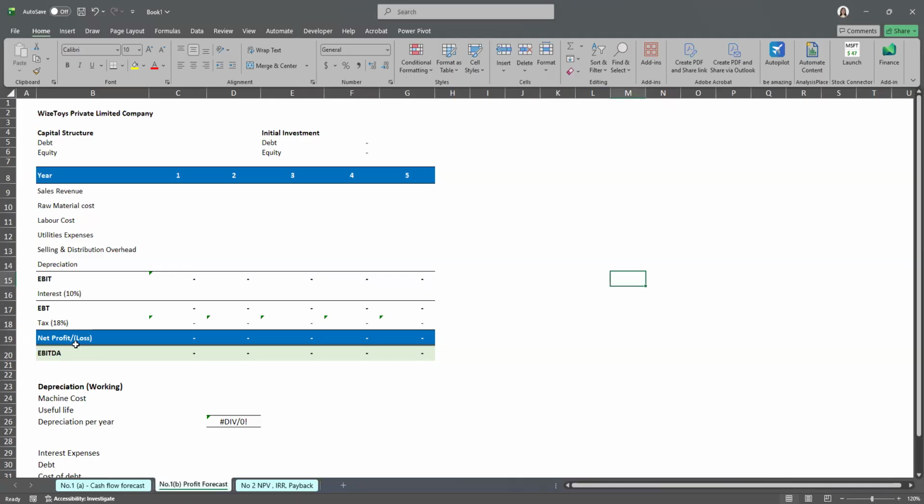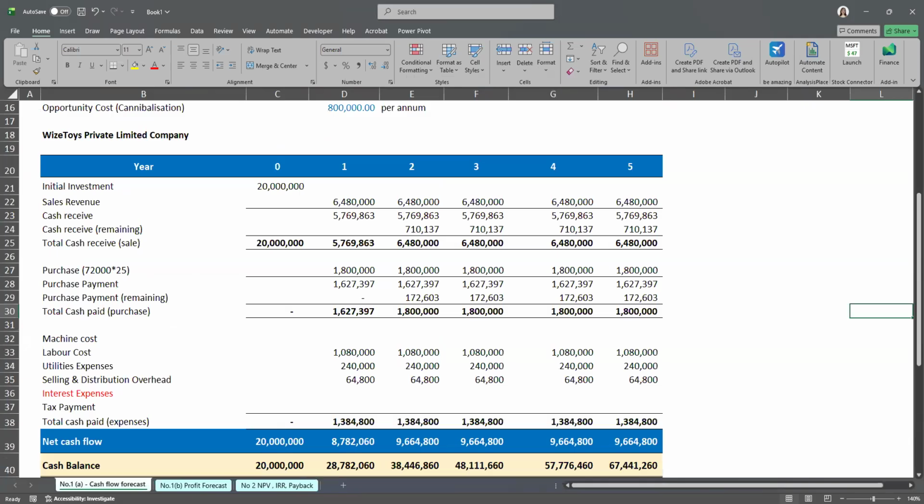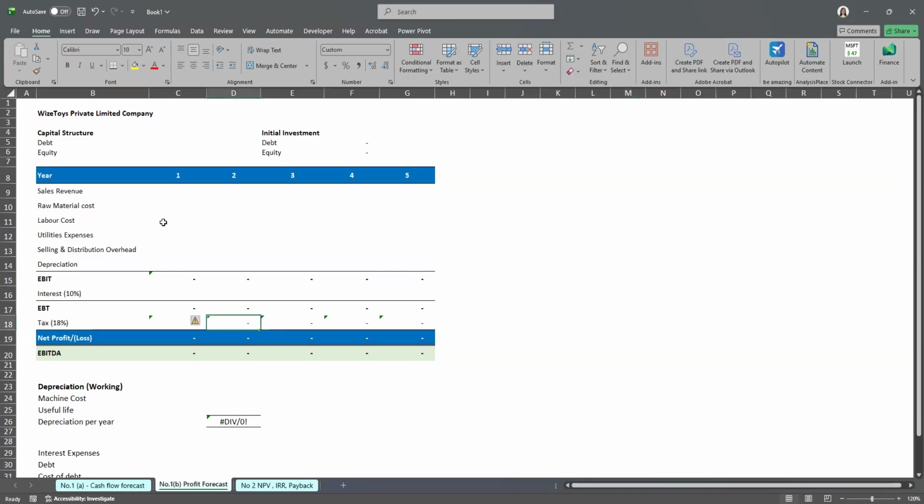I will continue with Excel calculations. I will be sharing about profit forecast, how to do the profit forecast for Wise Toys Private Limited. We have done the cash flow forecast. Now we're going to do the profit forecast. So, okay, the questions here we have is that